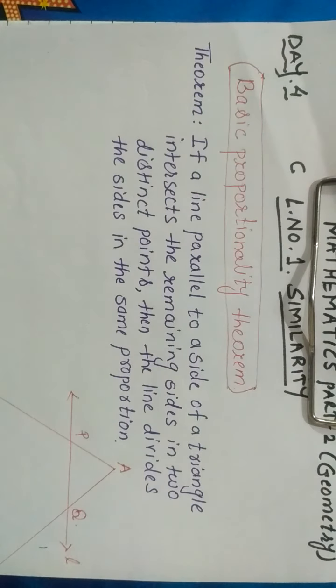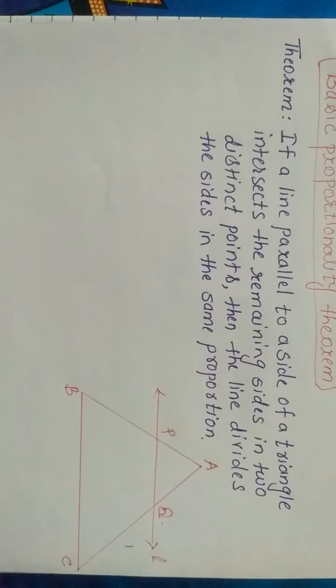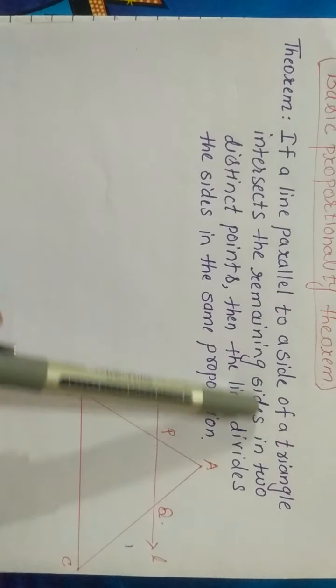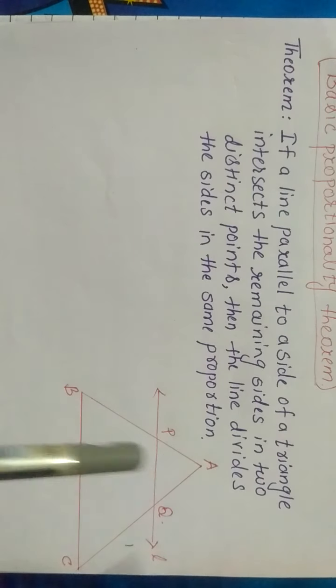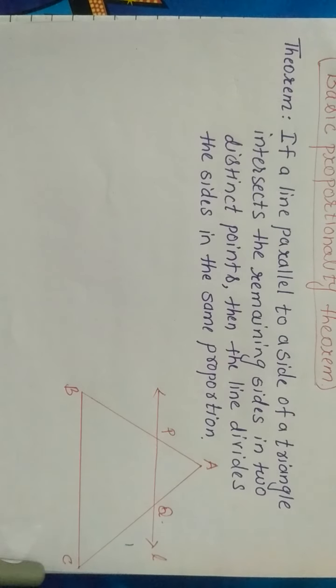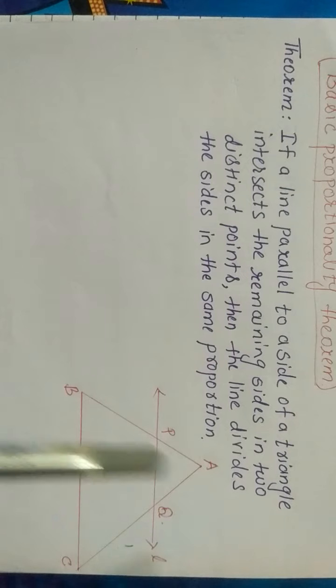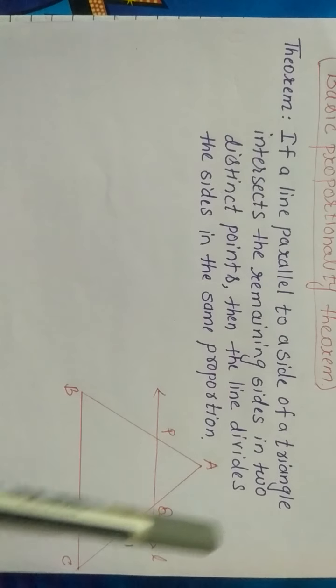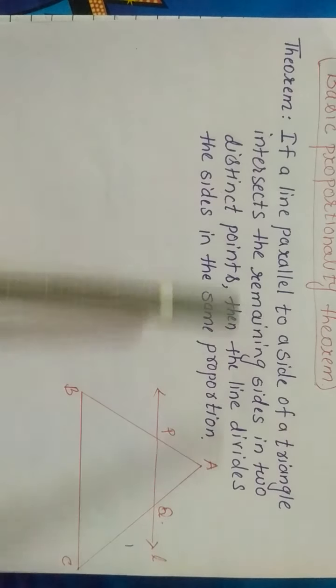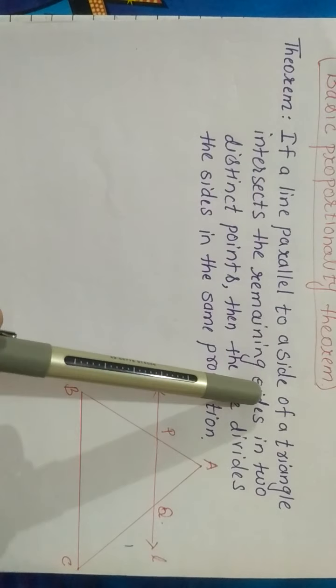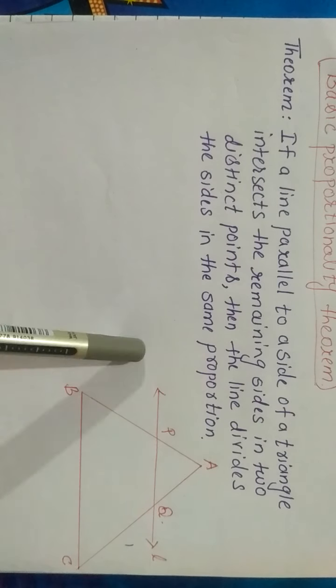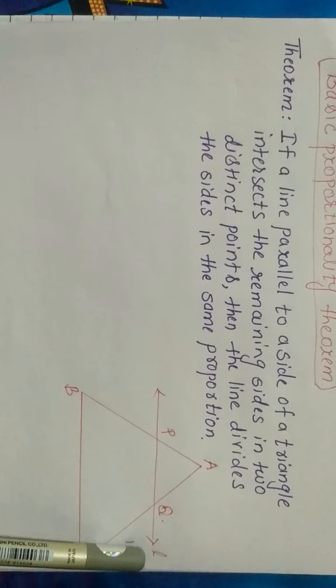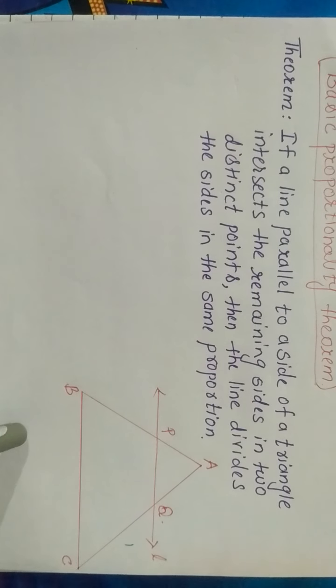As given in the diagram, consider this triangle. A line is parallel to a side of the triangle. This is triangle ABC. It has three sides: side AB, side BC, and side AC. The theorem states that if a line, represented by L, is parallel to the side BC,